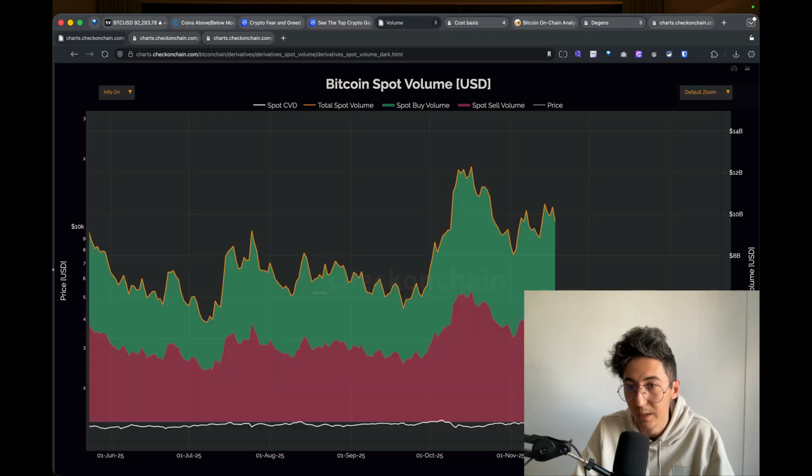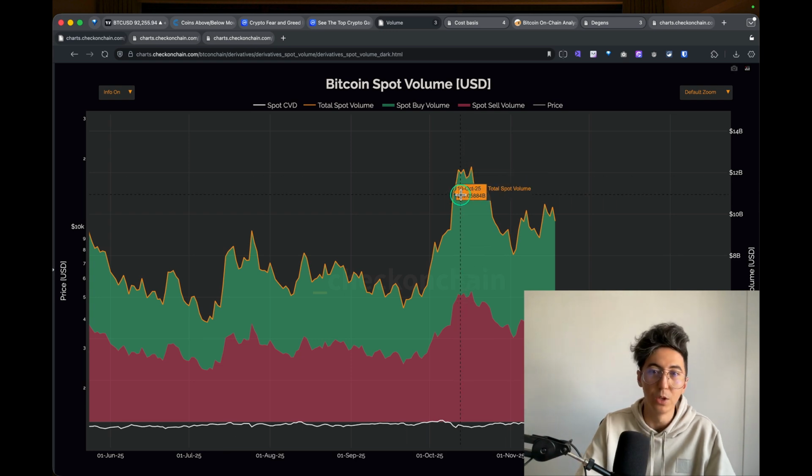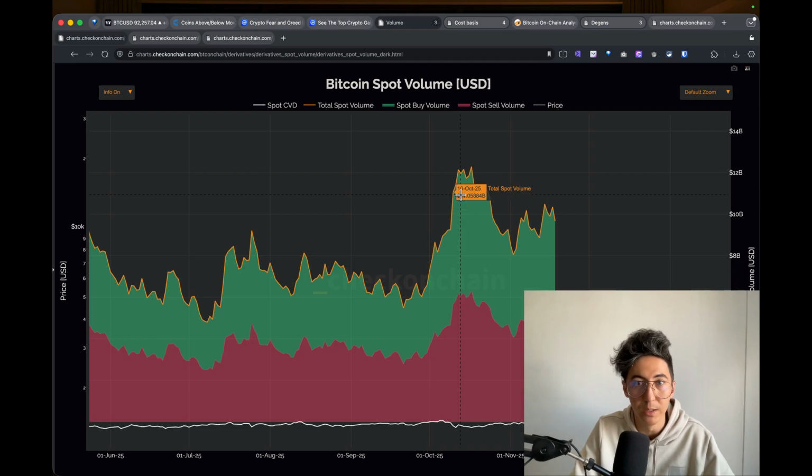And if we just zoom in here, July 10. So, it spiked up a little bit. It went up a bit more. September, it started to pick up a bit. October, but then we have October 10. We have October 10, and then that's where we dropped. Which is also kind of interesting because the spot volume increased the most on October 10, and that's also where the sell